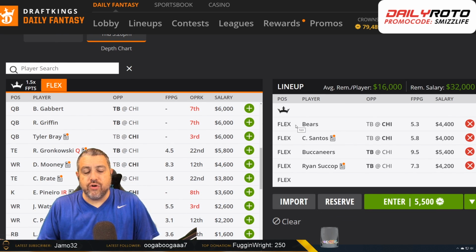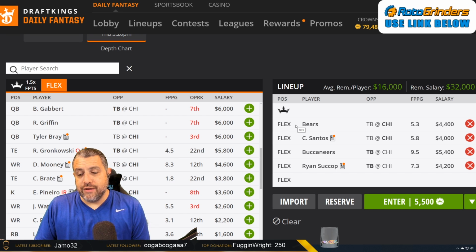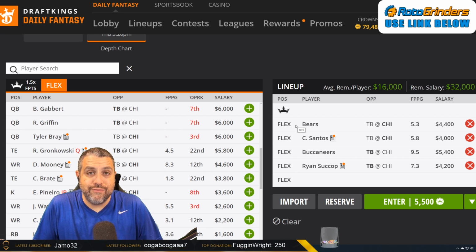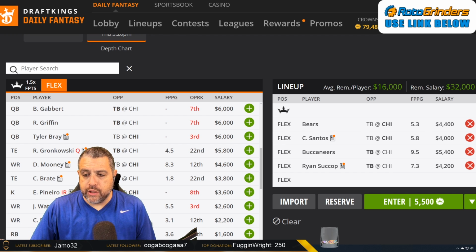If you think that it's going to be a kicker battle, you think these teams aren't going to be able to score touchdowns, especially if there's a lot of injuries to the Tampa Bay wide receivers, and you think this game is just going to be a slog fest, a bully ball, just ugly football, 9-6 at halftime, I don't mind allowing more than one kicker or one defense into a lineup. So you can tweak your groups as you want. And if we're going to include